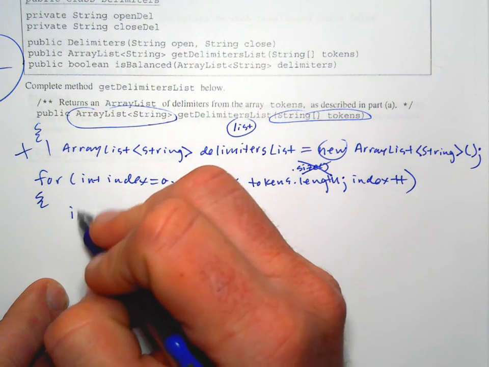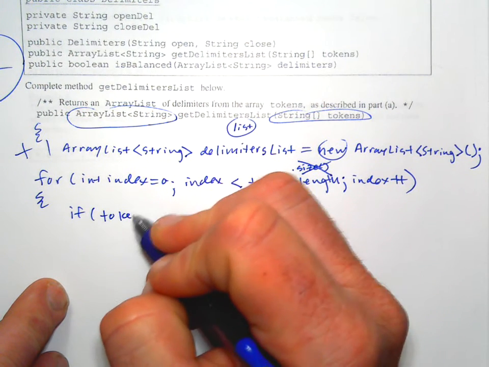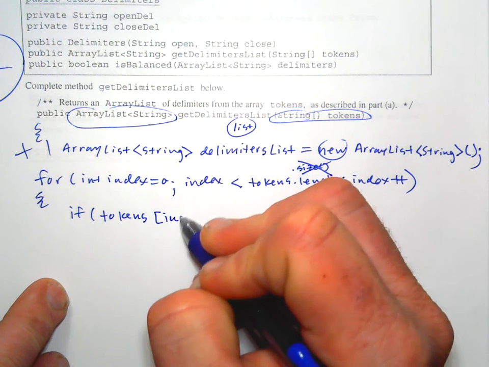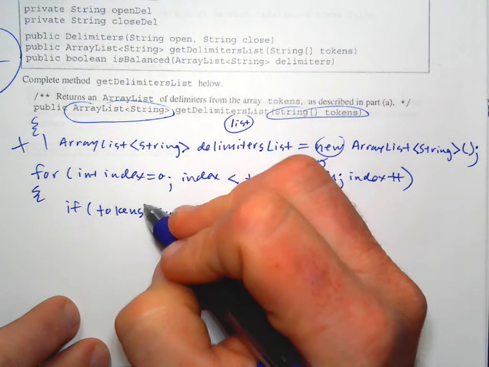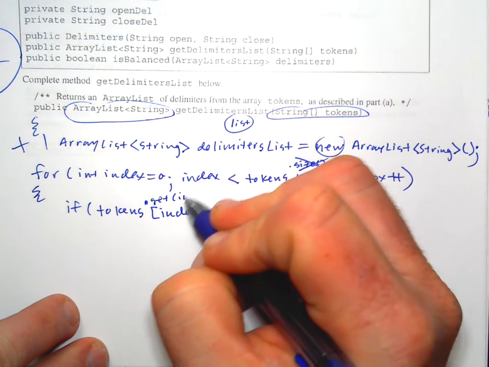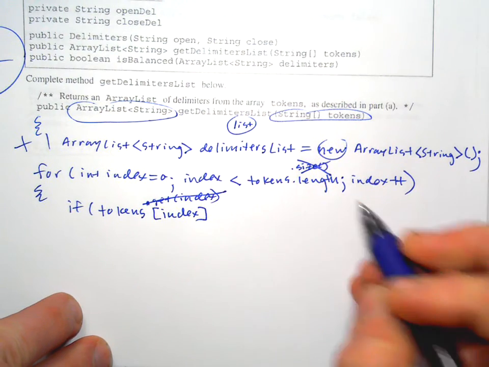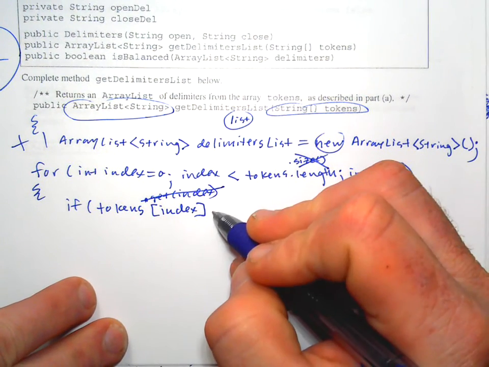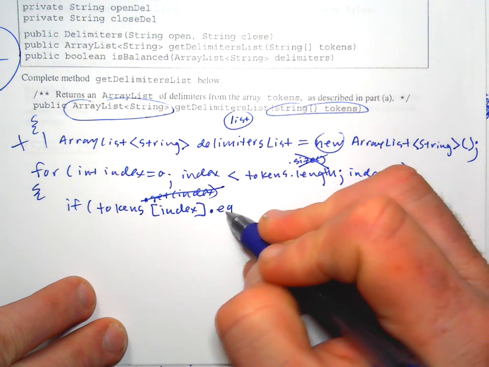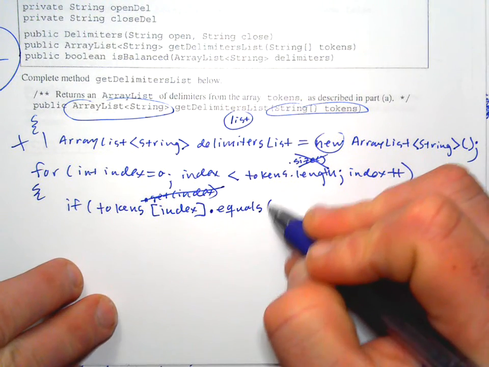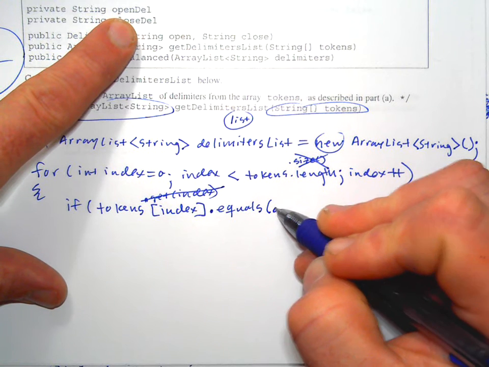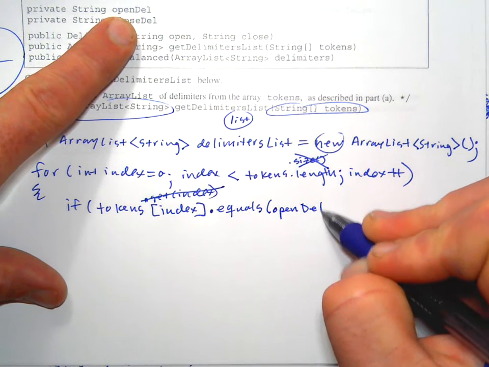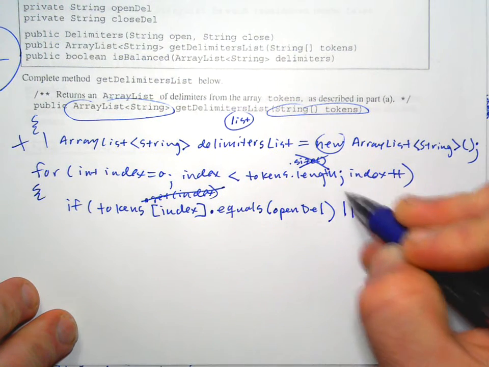And then we just need to check if the current spot in tokens, which is an array, so you have to do the brackets index. Don't do dot get. A lot of you guys did dot get index. That will cause you to lose at least 1 point. Tokens index dot equals, because these are objects, these are strings, dot equals. Now we have access to the private instance variables right up here, open delimiter, or, it's got to be or,